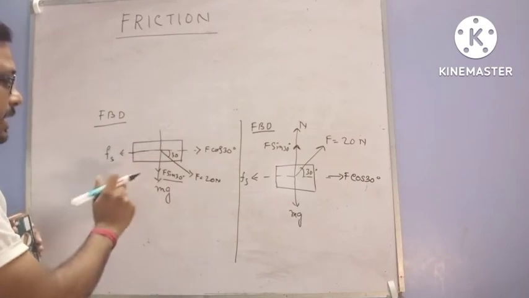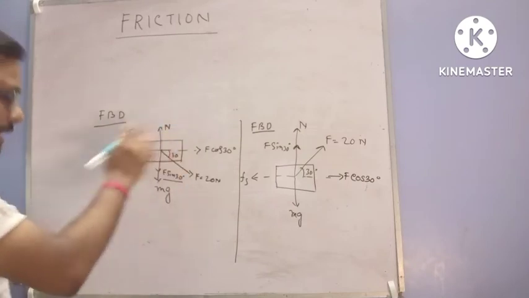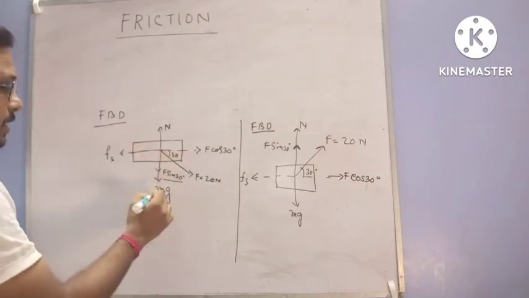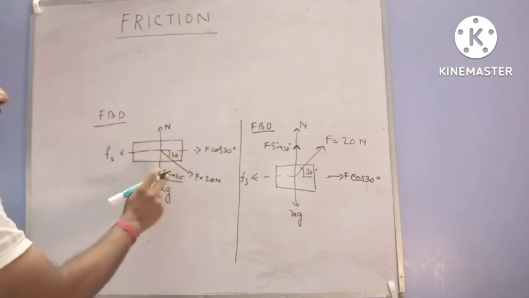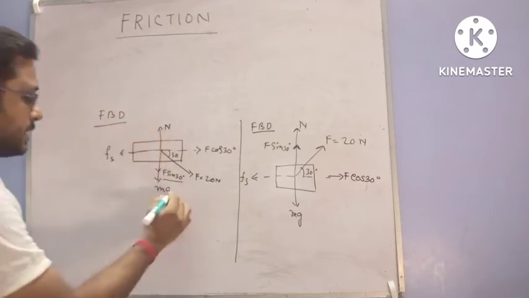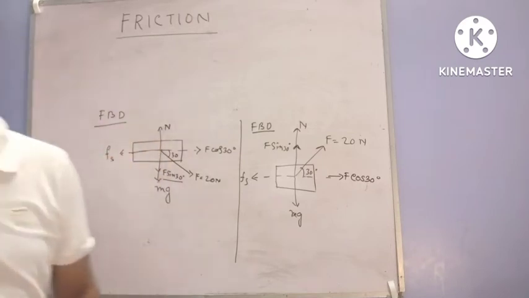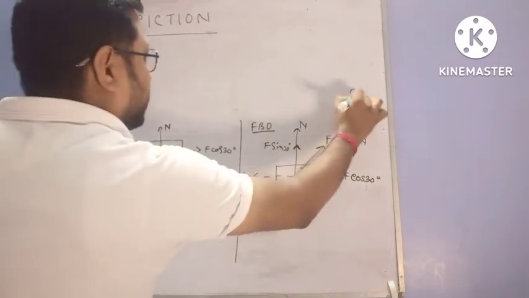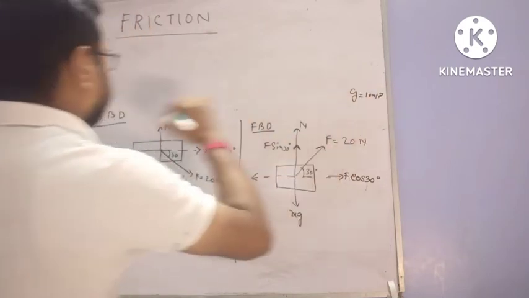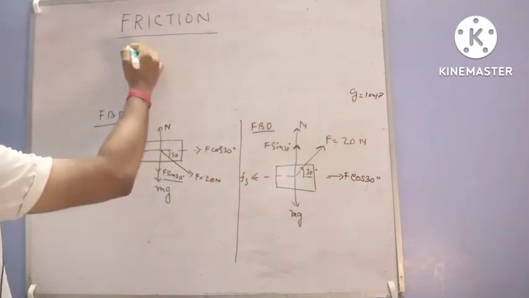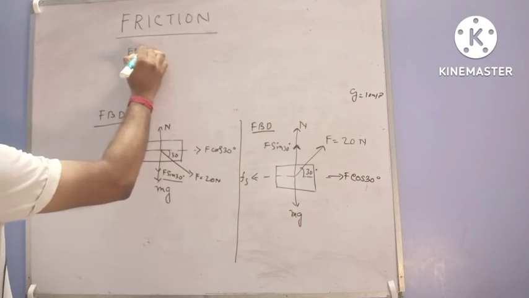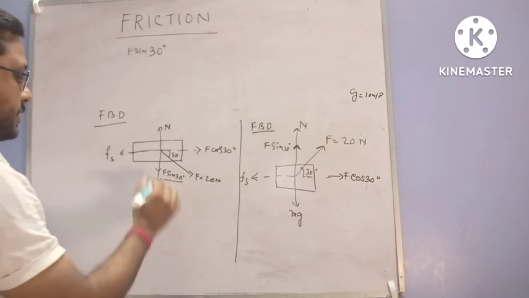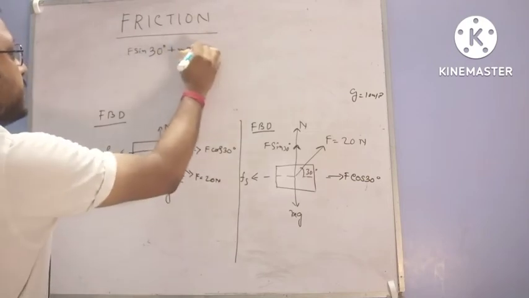From here, if we take the equilibrium conditions, then we get mg plus F sin 30 equal to N. The mass is given, m is 5 kg, and here we take g equal to 10 meter per second square. Then F sin 30 for these pictures, F sin 30 plus mg is equal to N,